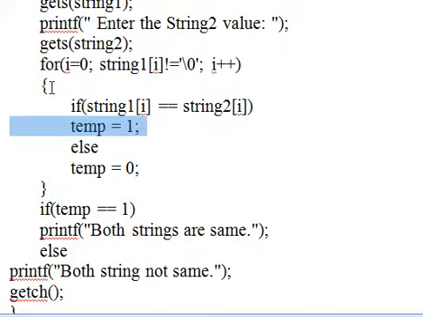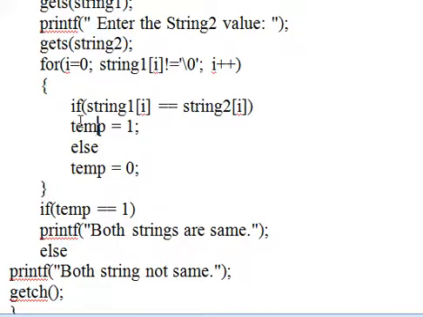Now again the for loop is repeating, i plus plus. Now i equal to 1. Next, string1[1], that means the second character in the first string, is not equal to null. If that is not a null character, then I have to check the second character of the first string and the second character of the second string. If both are same, again temp equal to 1.